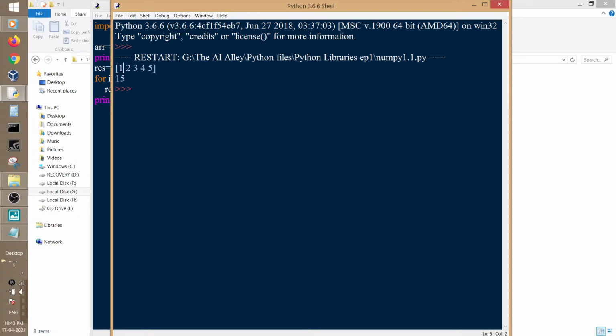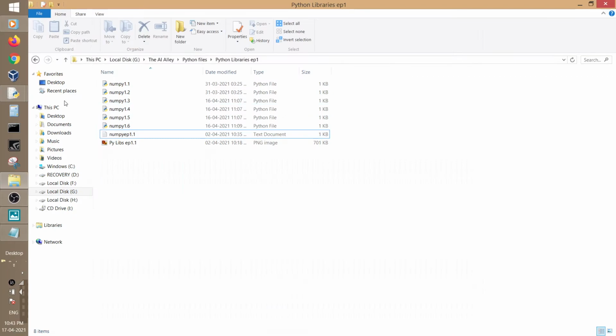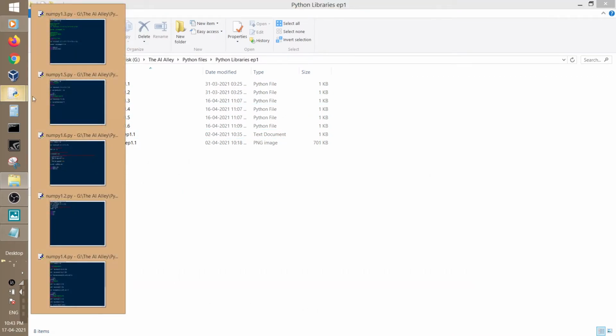So if you are familiar with list in Python, you may remember that a list is displayed using a comma separator, but here in NumPy this whole list is converted into an array and we don't see any comma separations in the printed array. So let's move to the next function or next operation in NumPy.